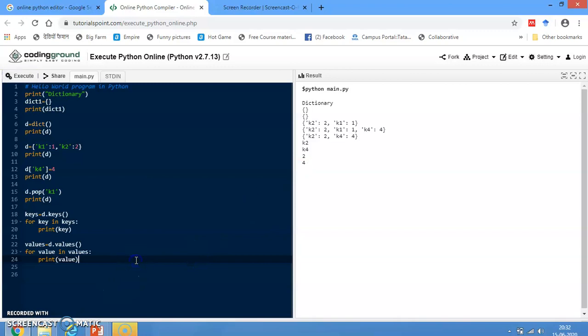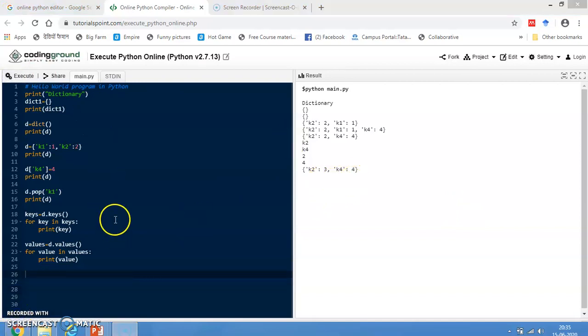And next, suppose we have a duplicate element in the dictionary, then I show how the duplicate gets removed. First, we create a duplicate element in the dictionary. Here k2, print d, then execute it. Now it shows.